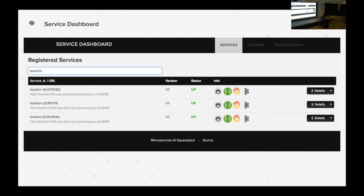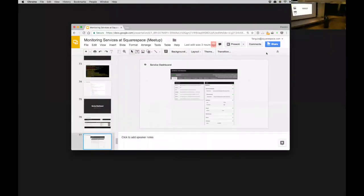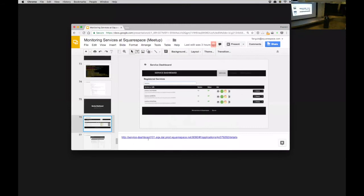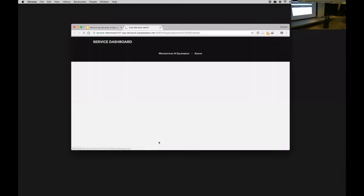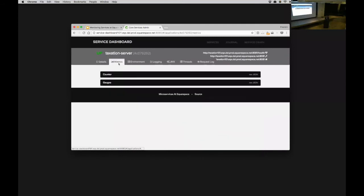And if I were to click into one of those instances, I get a bunch of information about how that service is doing. So, well, first and foremost, you get links right there to Swagger, to Hystrix, to Grafana, and to the tracing UI, so you can dig deeper really quickly. And you get a bunch of information there that I can show you live for what it does. So you can see metrics here,